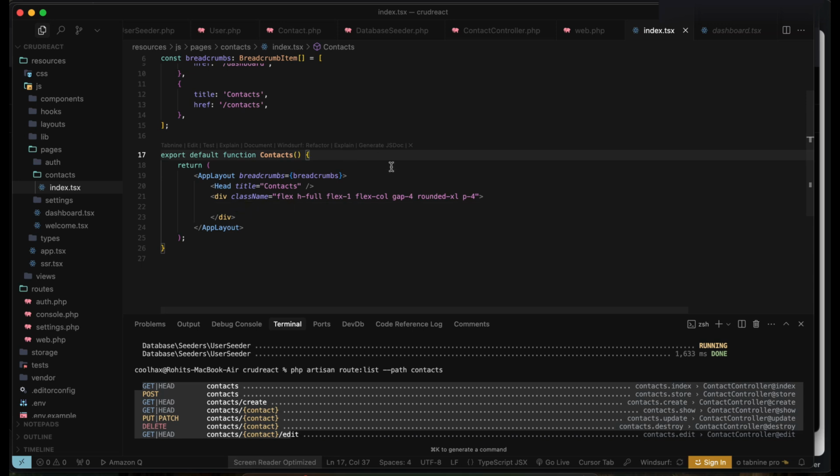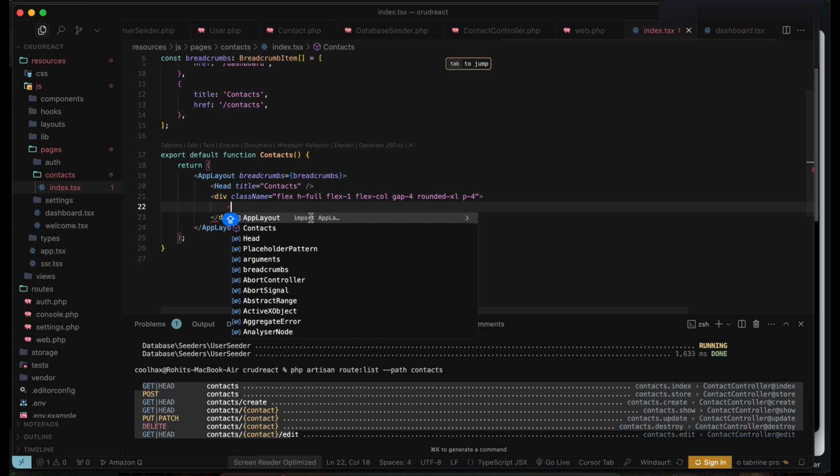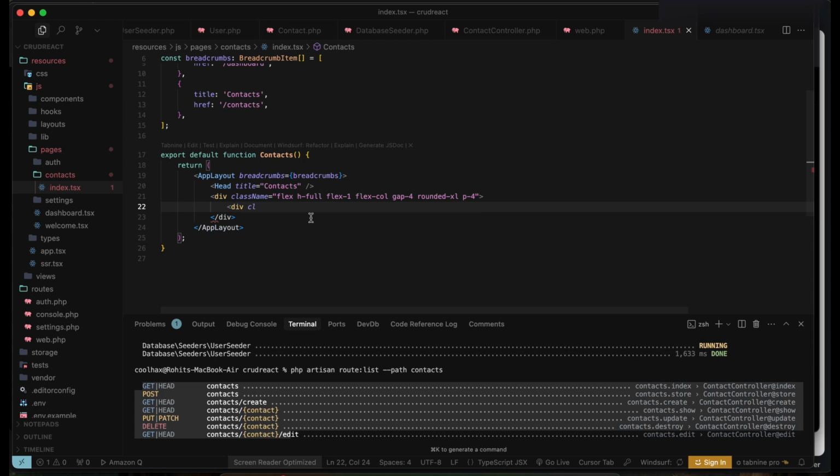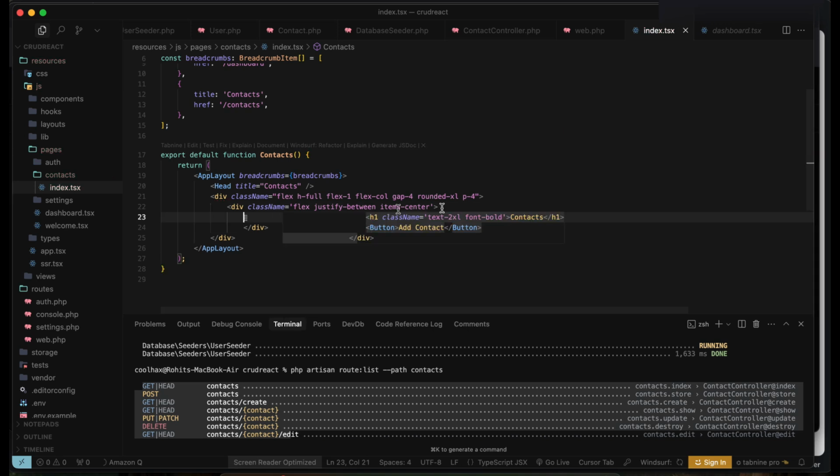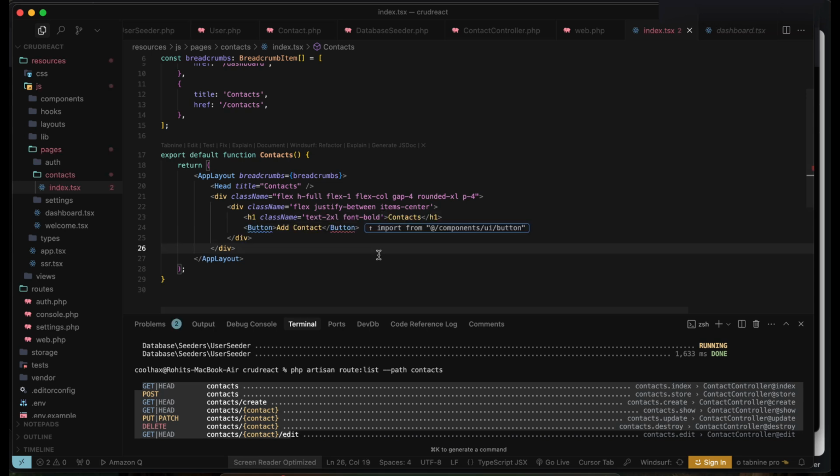Okay, so just create the div, flex, justify between, items center, self font full, and